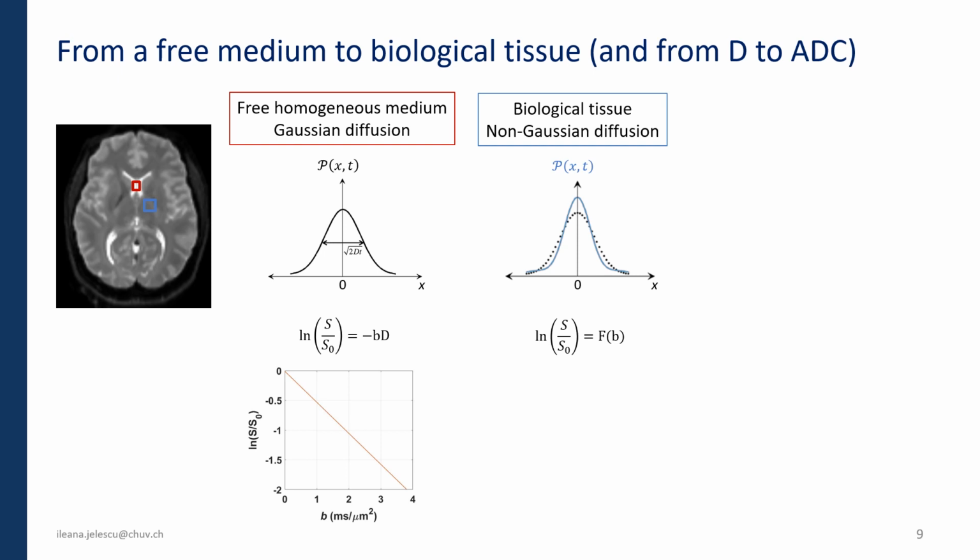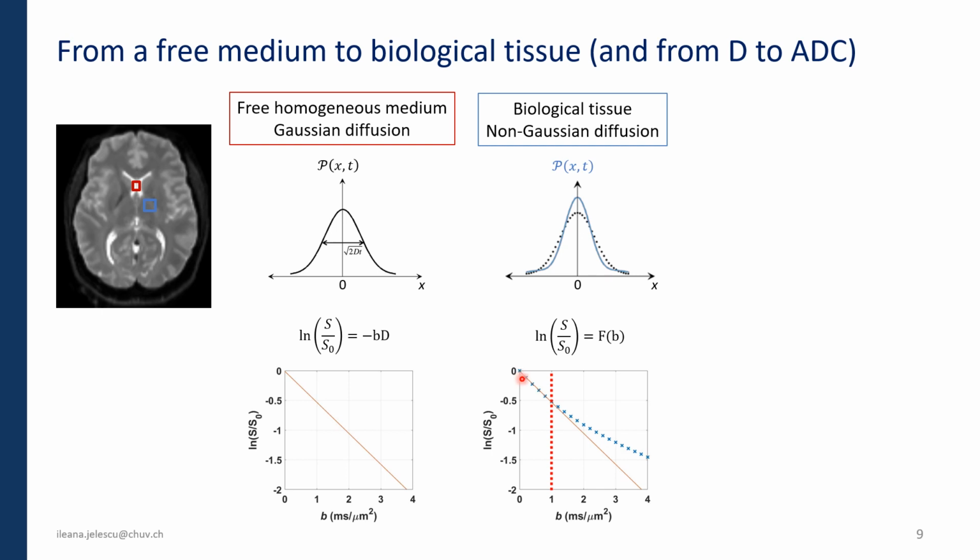Now, if we consider again the signal decay as a function of b value, in the Gaussian medium, of course, this is a linear decay of the log of the signal as a function of b value. And in the non-Gaussian or biologically realistic case, since we don't know this function here, we cannot really characterize it, but we can measure it, right? So we measure this signal decay as a function of increasing b value. And what we realize is that there is a regime here in the low b value range where essentially still,